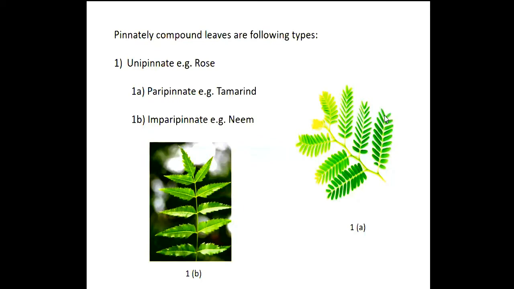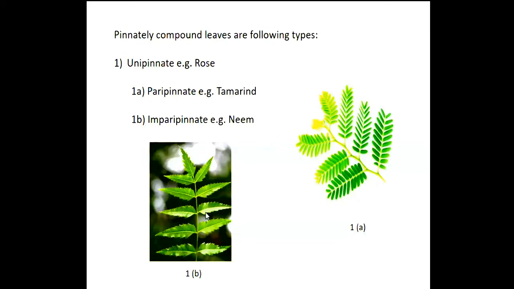This one is the paripinnate, as there is no single leaflet present. There is a pair. No single leaflet is present here. No terminal leaflet is present here. Okay, this is paripinnate. And this one, here there is a single leaflet present at the end, and the number,